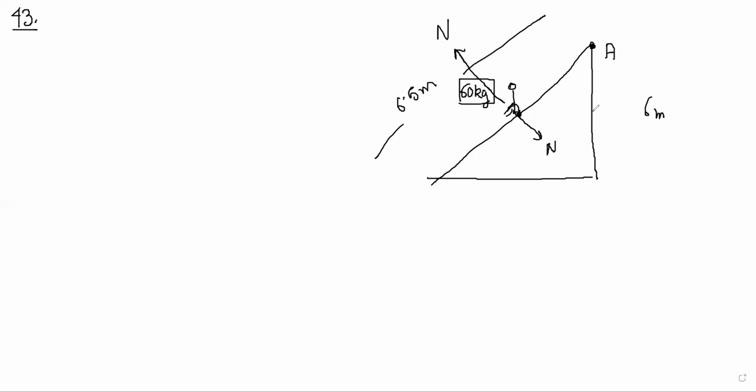B is assuming the weight of the ladder be negligible as compared to the man, assuming wall to be smooth, find the force exerted by ground on the ladder. So ground will exert two forces, one normal force and one friction force here, right? Wall is smooth, but ground is not said to be smooth. If ground is smooth, it will slip. So ground will exert two forces. You have to find resultant of these two forces. Let's label it N2 and this is N1. Okay, so this question is right now it is in equilibrium somehow, right?